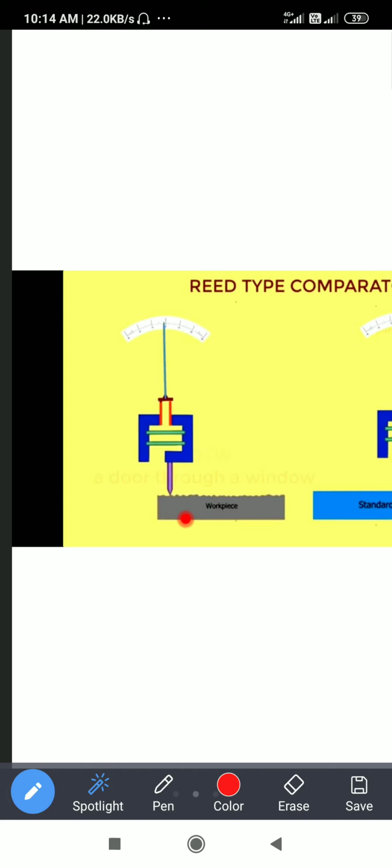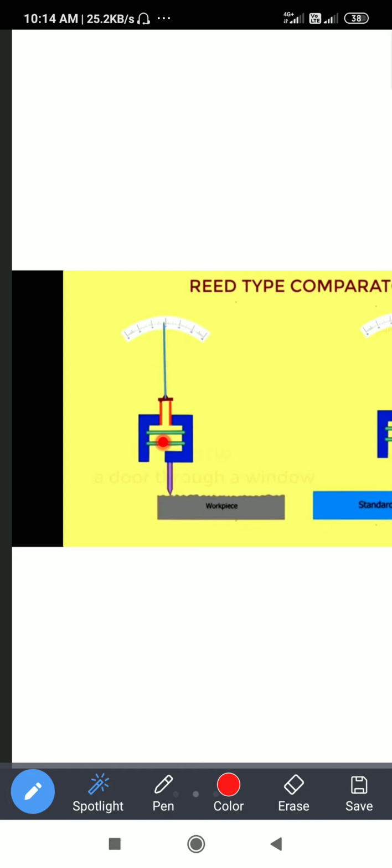Now this plunger is connected to two links. You can see a half link at the left side, which is a fixed link, and the other half link is a movable link. At the middle you can see the green color and the red color. These are called reeds. What do we mean by reeds? Mechanical reeds. A reed is a long supporting shaft.